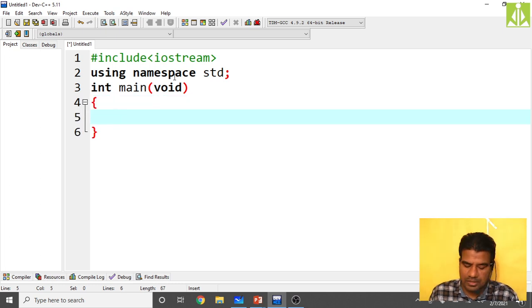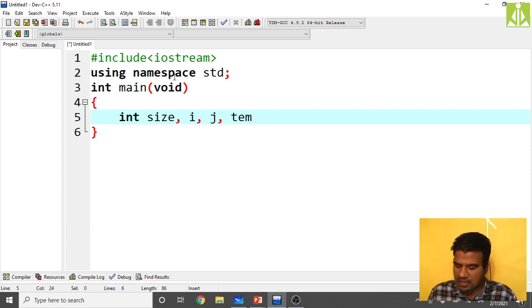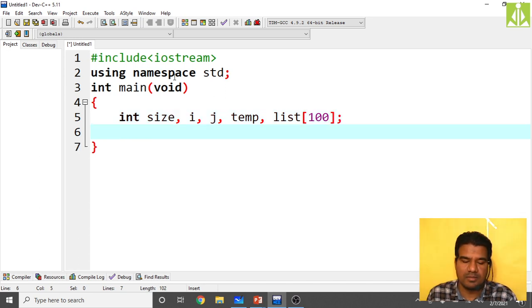Then you take an int to hold the size of the list, and then take two counters to run the loops, then one temporary variable, and a list of 100 also. 100 elements we are taking, but we are not going to sort all 100 elements.